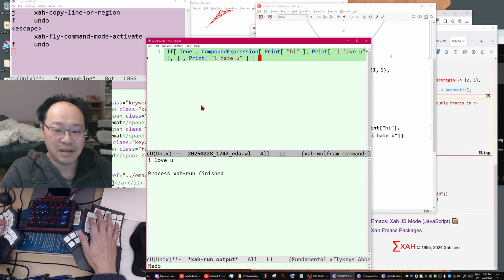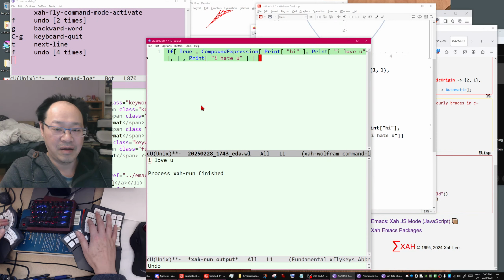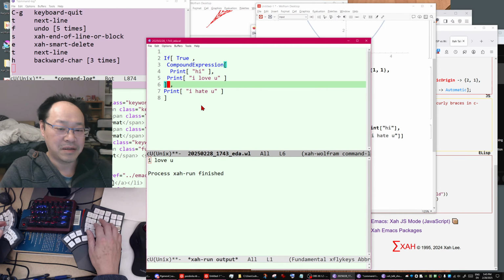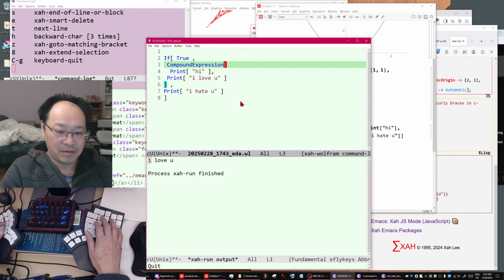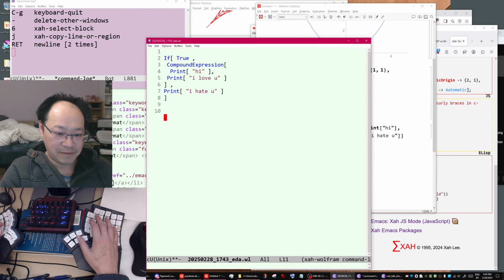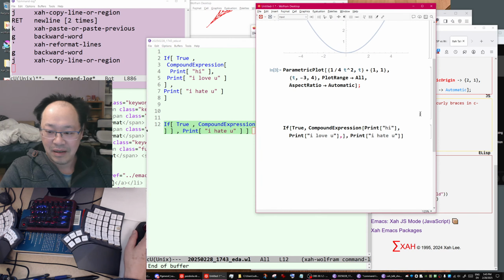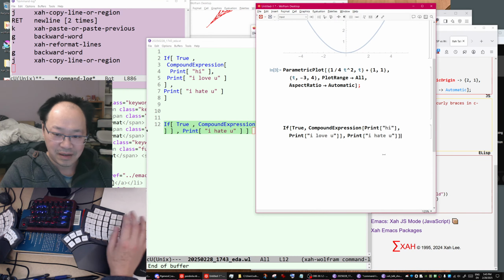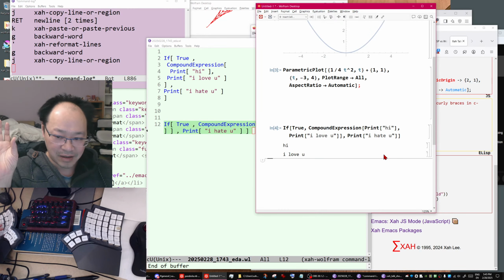Hold on a second, we need to correct it. You cannot have that. Copy that, paste, make it one line, copy it, and paste. Shift enter, you see, hi, I love you.